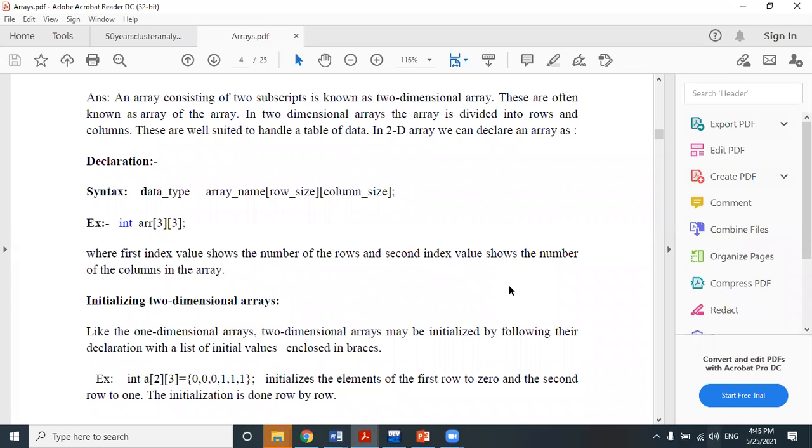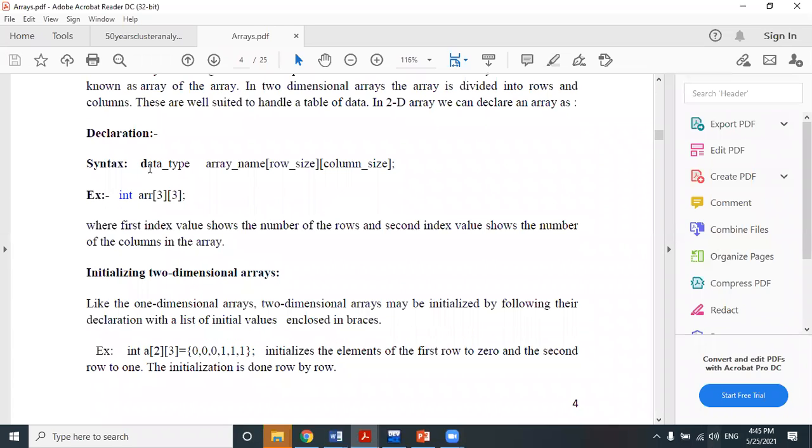Here we are mainly dealing with numerical arrays, because for character arrays I have a separate chapter, a separate discussion regarding character arrays and strings. So that's why I'm not discussing any two-dimensional array on a character basis. I'm just discussing here the numerical two-dimensional array, which contains only numerical values, like an integer array or float array. So this is the way we can represent a two-dimensional array.